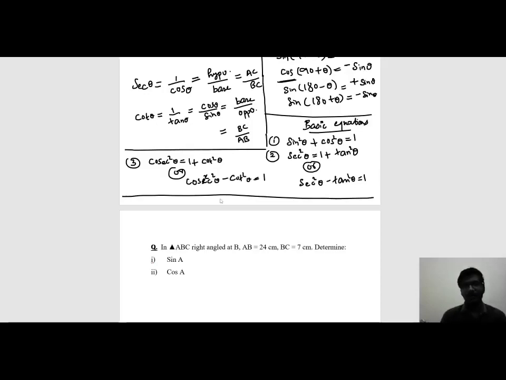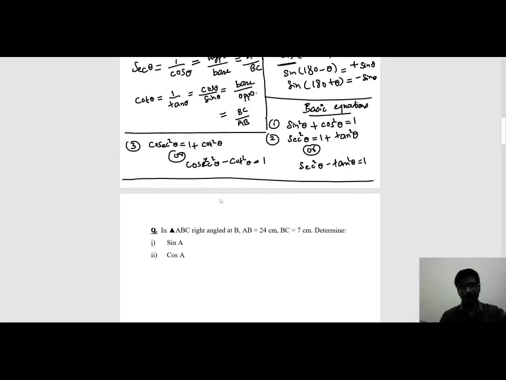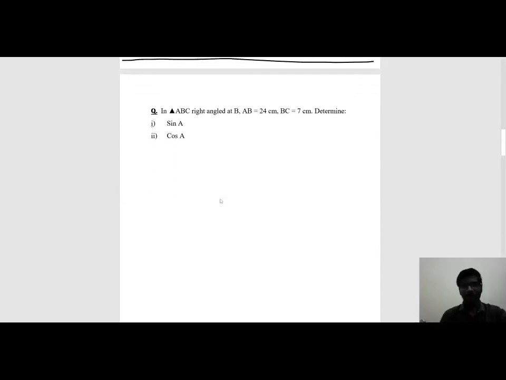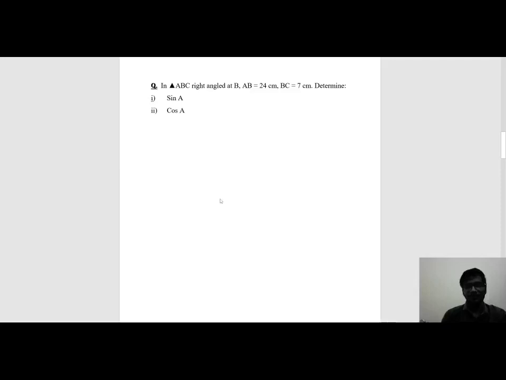Now, I have taken few examples from your same textbook. Let's see them. See the first problem. Before solving the problem, read the questions carefully and then try to connect which concept we can apply. After then only we will go for solving the problems. So let's see the problem.